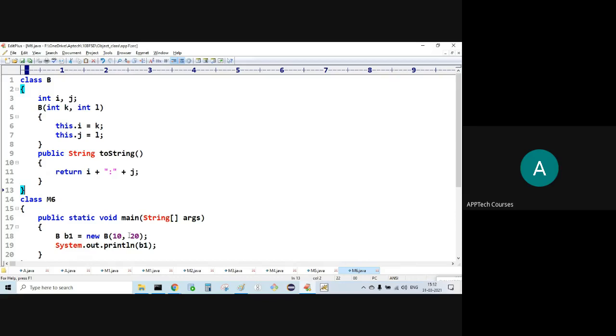Here 10 and 20 are supplied. The same got initialized. Then b1, the current value of i and the current value of j, is returned in the form of string. Here concatenation is happening. Number int plus what? String. Concatenation. This whole thing is a string now. String plus number, concatenation.